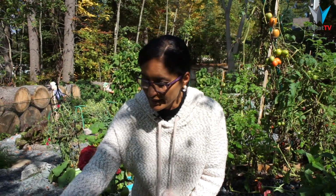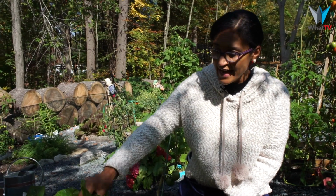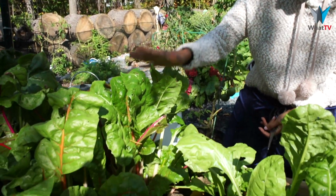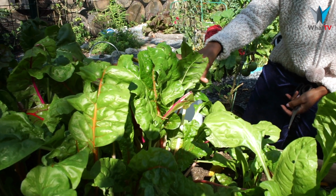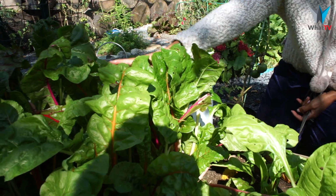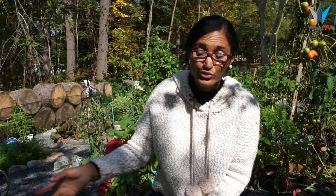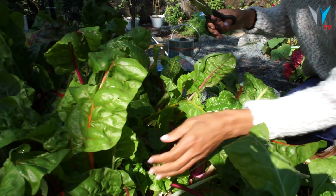Okay, what have we got here? Here we've got Swiss chard and they love the cold weather. I seeded them back at the end of August and I had a lot of harvest, probably about 3 to 4 harvests. And so they're going to thrive. The more I cut them, the more they're going to grow because they like the cool weather. And they are so easy